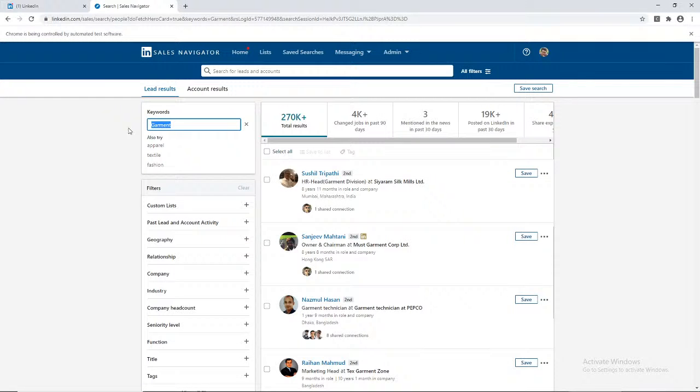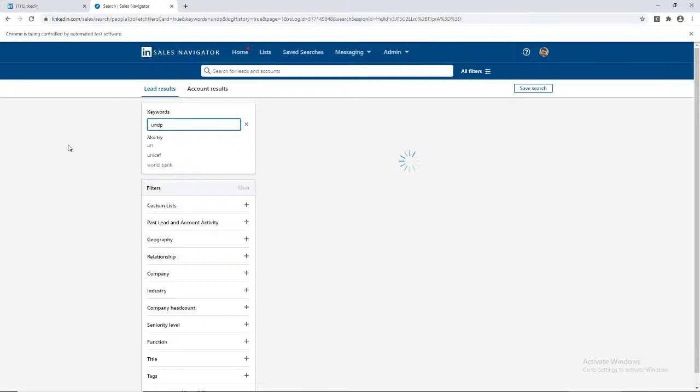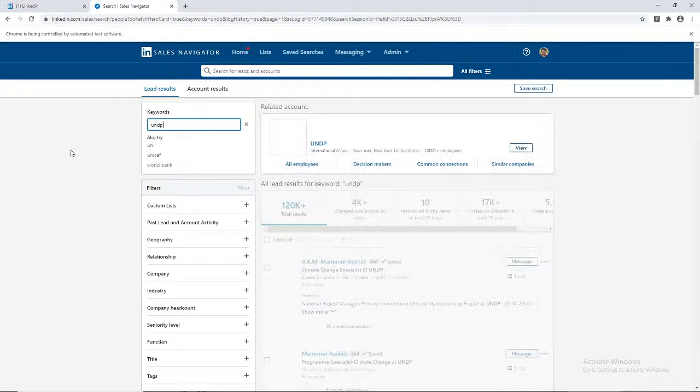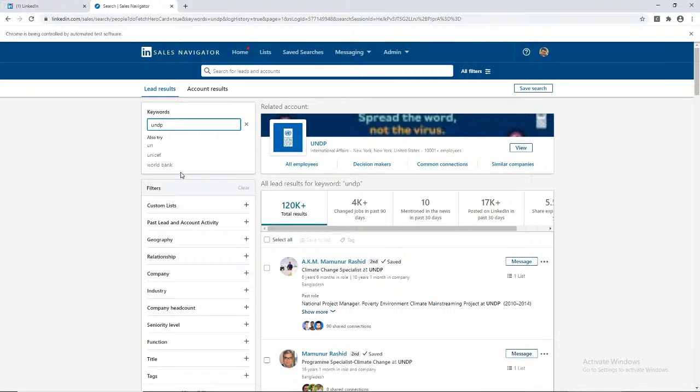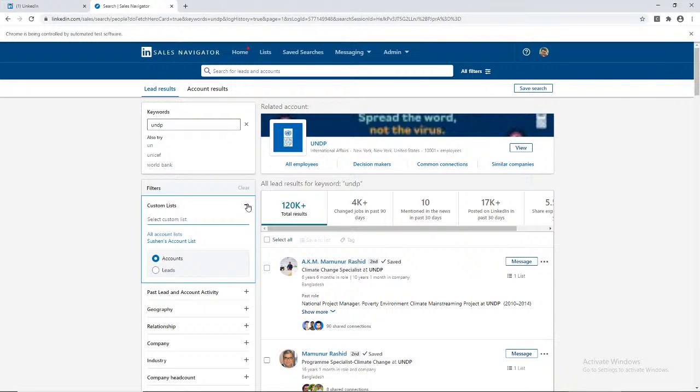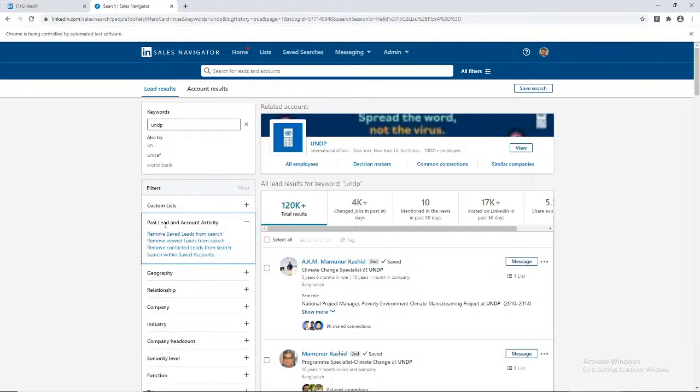So it is going to search UNDP, and I have no problem with that. And there is a find option. You should put those things in the script. The option is pass lead activity. So if I remove the save leads,